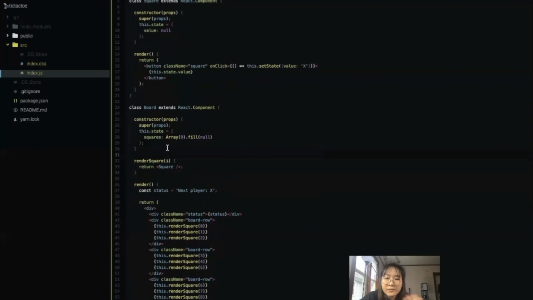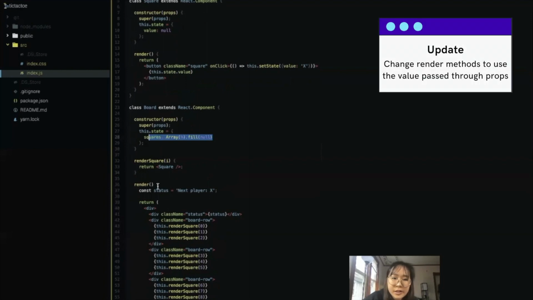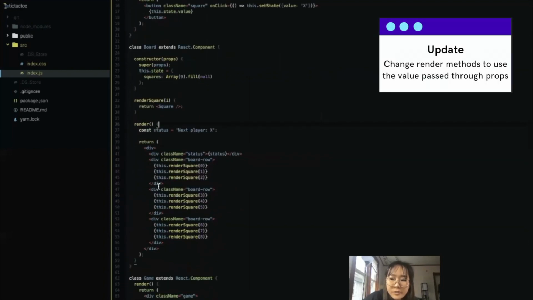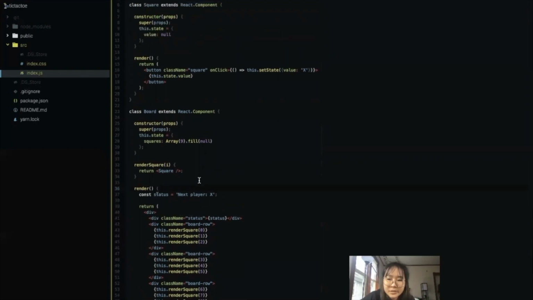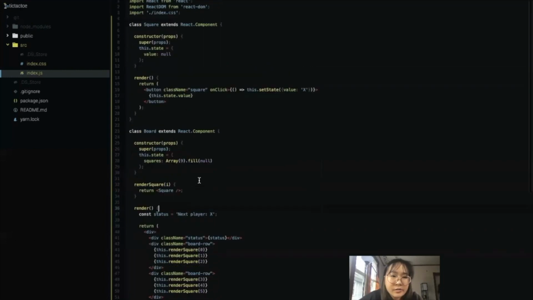However, now that the value of each square is stored in this array, we want to first change the render method of the square component so that its text is displayed from the prop titled value that's passed from the parent board. So note that this is different from our original implementation when each square was rendered using the square state. Thus, in our square component, the render function will display a button with text this.props.value. So in our square component, instead of it being the state, it'll be